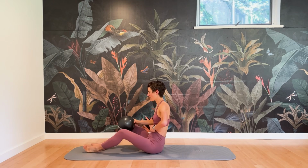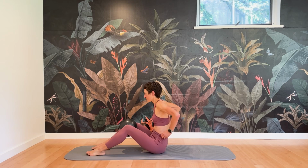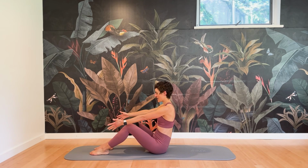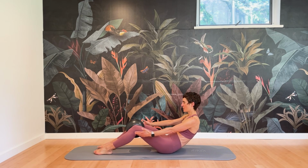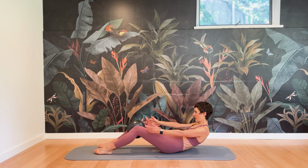Bring the ball between your legs, between your knees this time. And we're going to inhale. And then exhale, squeeze into the ball. Try to hollow out through here. And then slowly roll. And either you do a halfway, you do a 3/4, or you can even go further